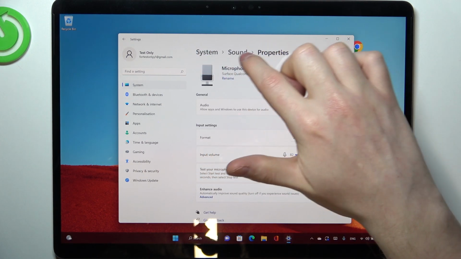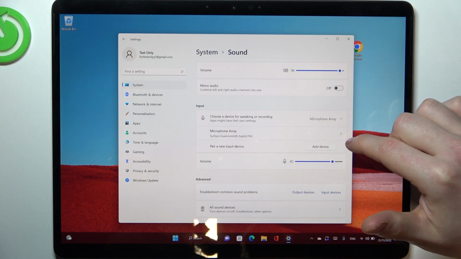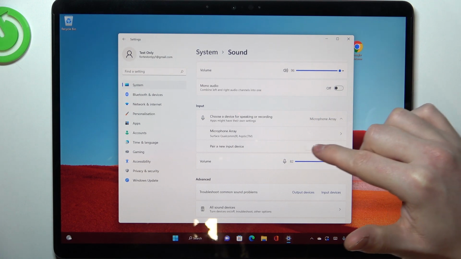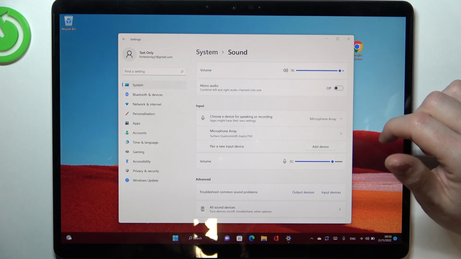But in this case I have only one, so I can't show you exactly how to change it, but you will be able to see another device, let's say down from this one, and simply click on it and set as default. And that's it for this